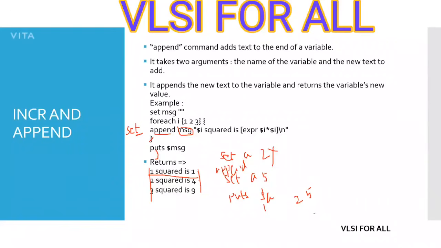This would be the value of A. If you want to add this 5 in the next line, then just use a newline character similar to what was used here. Then it would print the value of A as 2 and in the next line 5. But it wouldn't throw an error. It depends on the purpose where you want to use it. If you want all the values to be retained, use append. If you want to set a new value, then just use set. Is that clear?